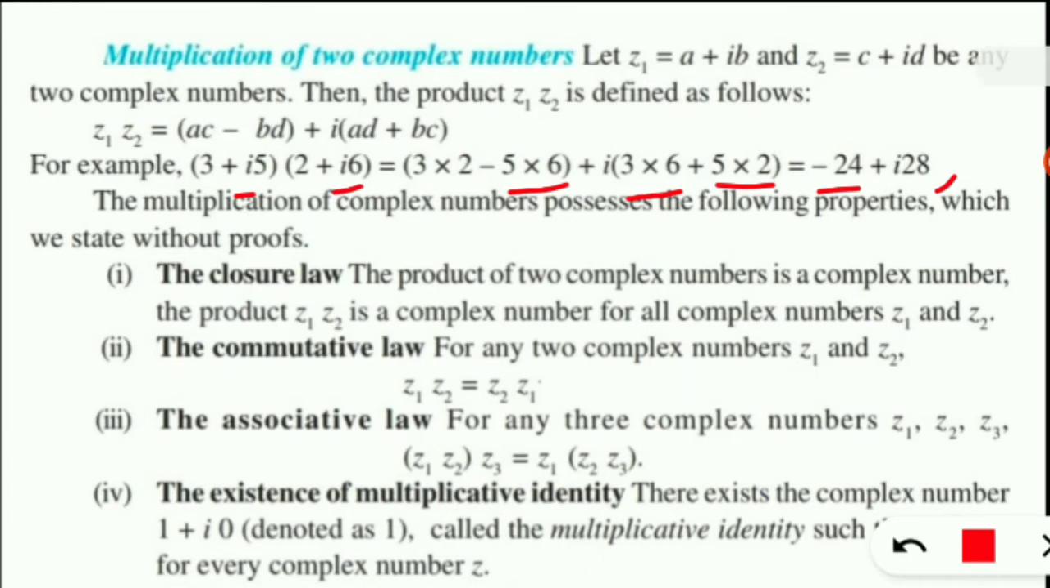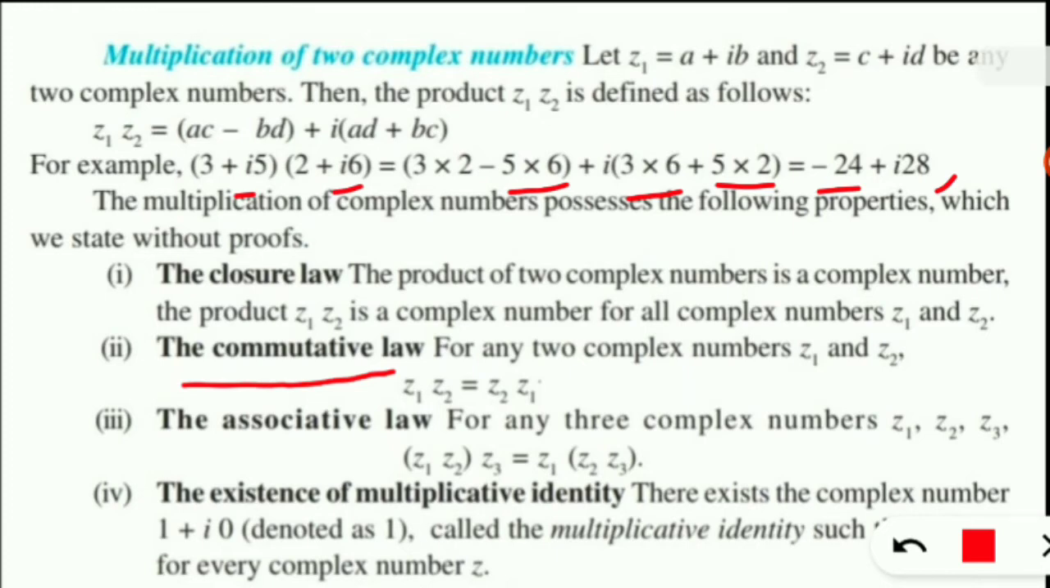Okay, next one is commutative law. For any two complex numbers z1 and z2, z1 into z2 equals z2 into z1, that means if we multiply z1 dot z2, this equals z2 dot z1. Clear? Next one is the associative law. For any three complex numbers z1, z2 and z3, (z1 z2) into z3 equals z1 into (z2 z3). Clear? So first one is closure law, second one is commutative law, third one is associative law, and after that